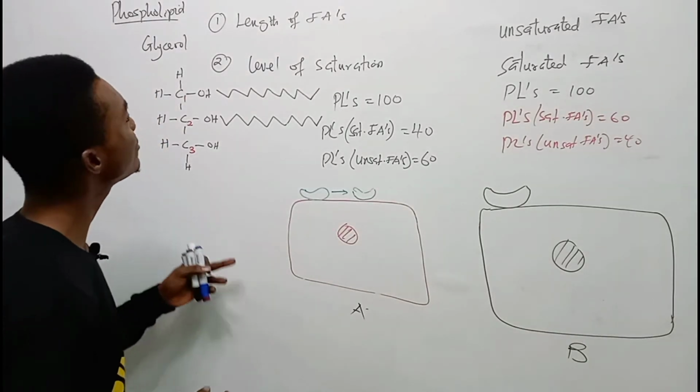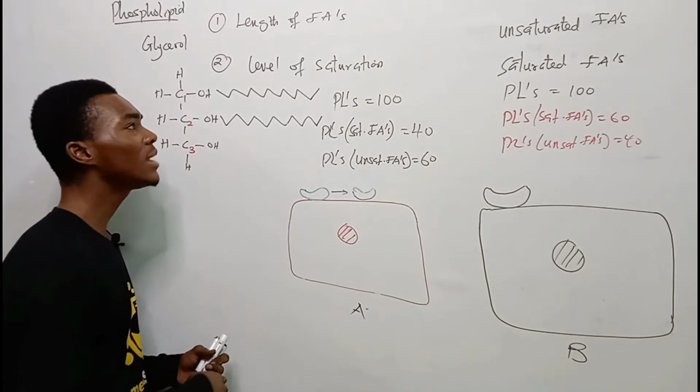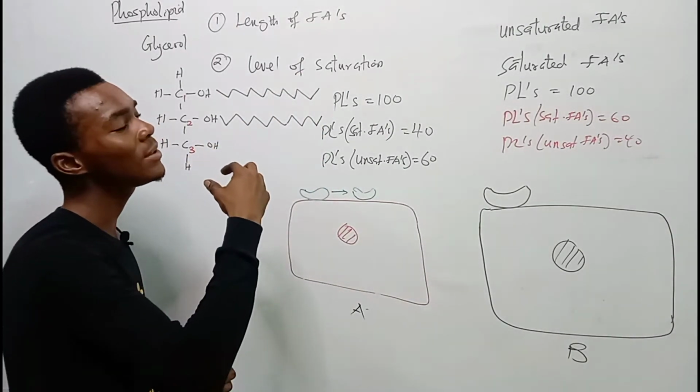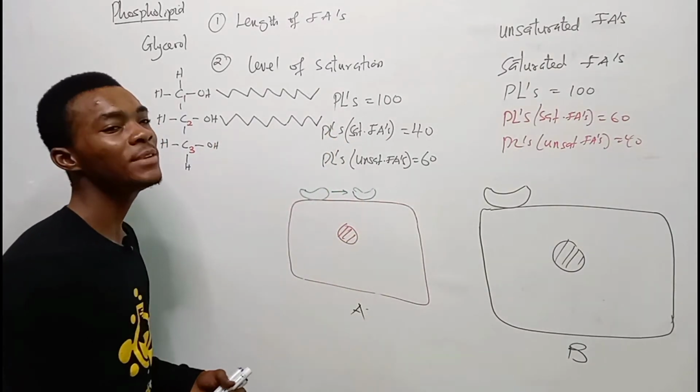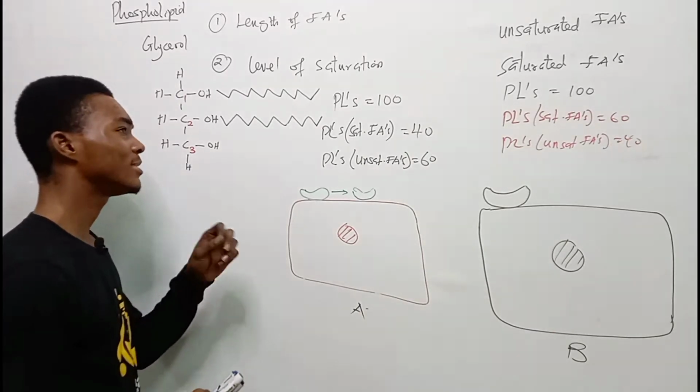But now coming down to this far, concerning our phospholipid structure, we now know that the length of the fatty acid binding to our glycerol backbone, together with the level of saturation of these fatty acids, influence the fluidity of the cell membrane. Fine. So take note of